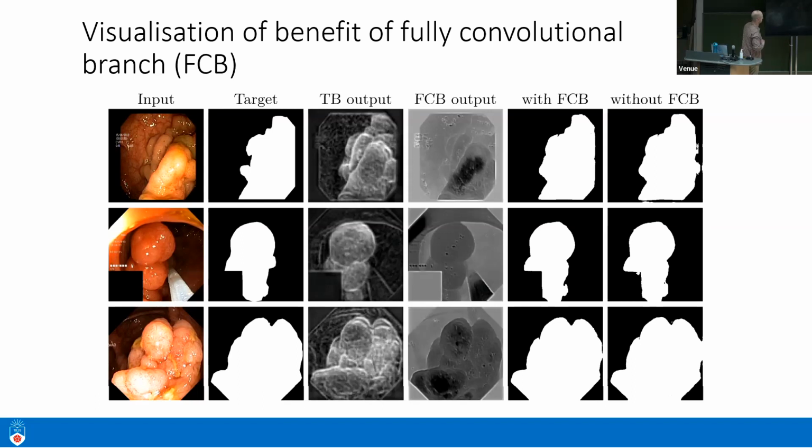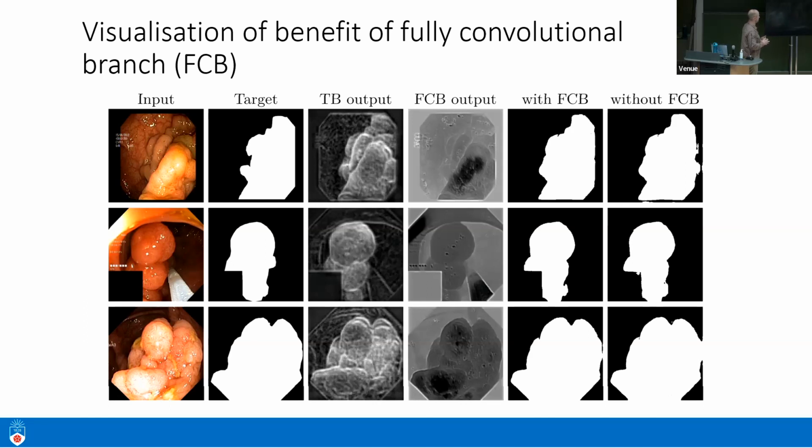And just to look at those two columns for a moment, you can see that the output of the transformer branch seems to already do, as was hypothesized, the transformer branch is able to extract the main shape of the polyp. We then have the fully convolutional branch, and we can see that there are highlights of edges, and these are essentially the edges that we believe that the fully convolutional branch has learnt will be important to represent when moving